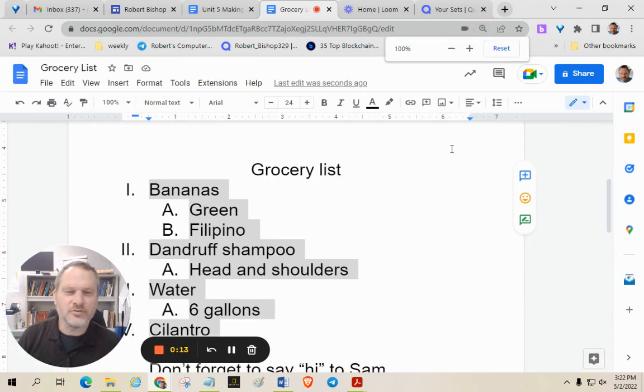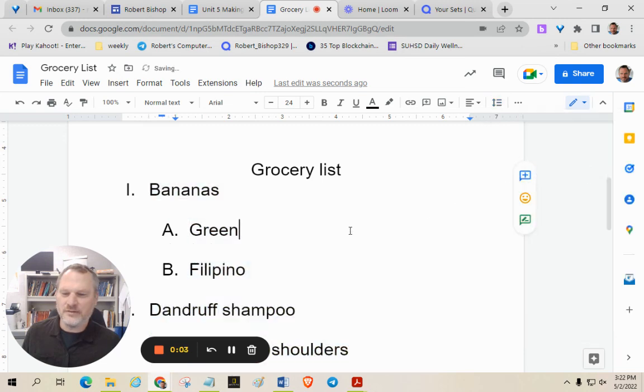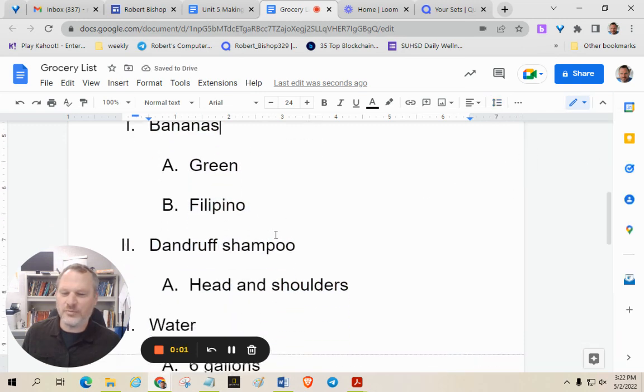There's an arrow going 2 directions. Look at that. So there's 1.0, 1.15, 1.5, and double. Let me click on double. And look at that, there's 2 spaces between each